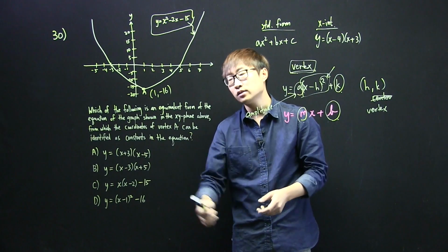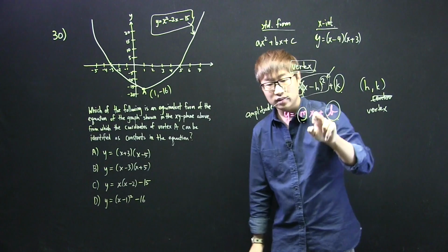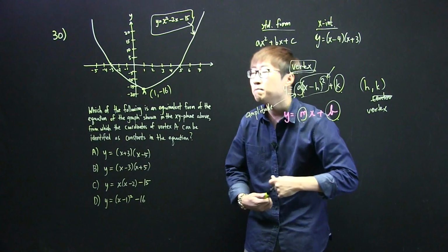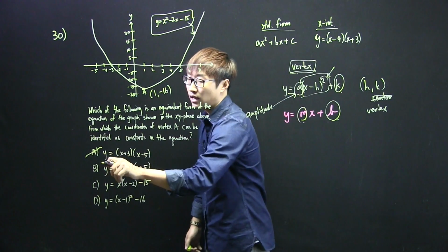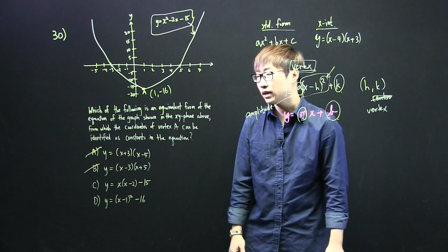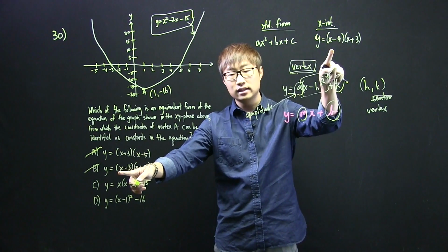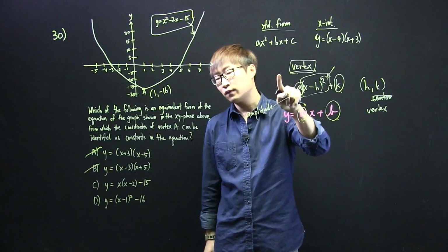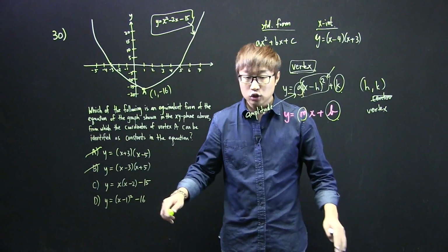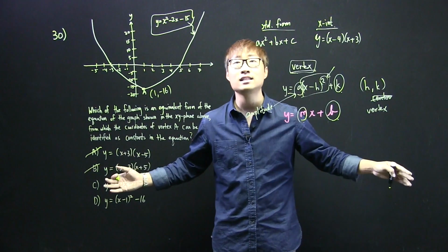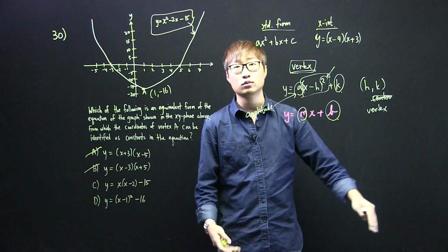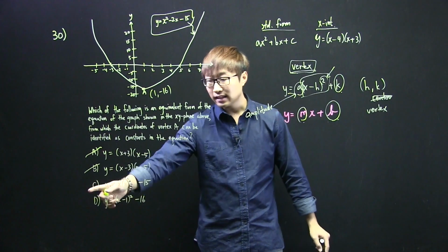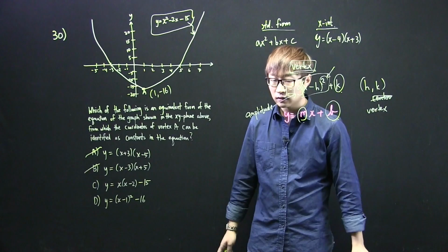Well, first of all, look at your answer choices. If you were familiar with these three forms, you could have immediately gotten rid of choice A and choice B off the bat because they are x-intercept form, right? They have nothing to do with vertex form. These forms do not give you any idea of where the vertex would be, right? And C and D kind of look like the vertex form,